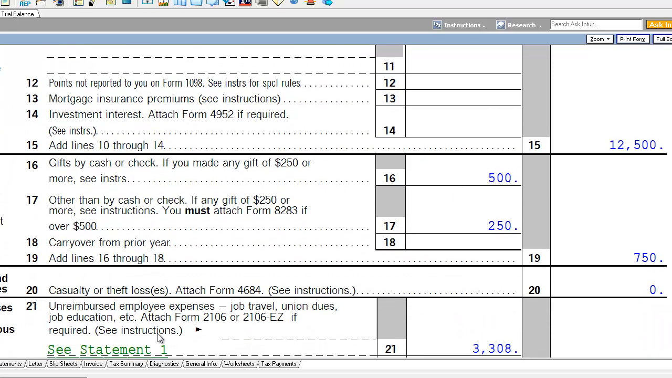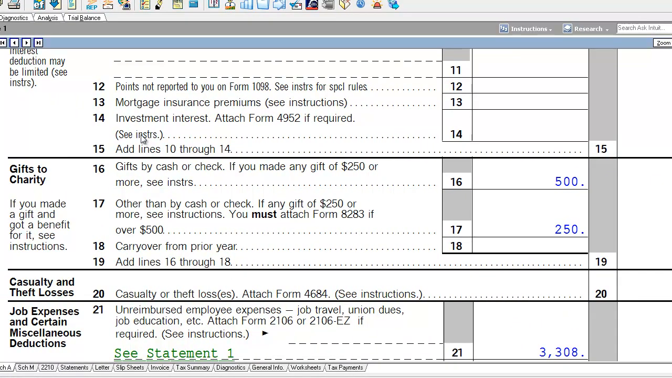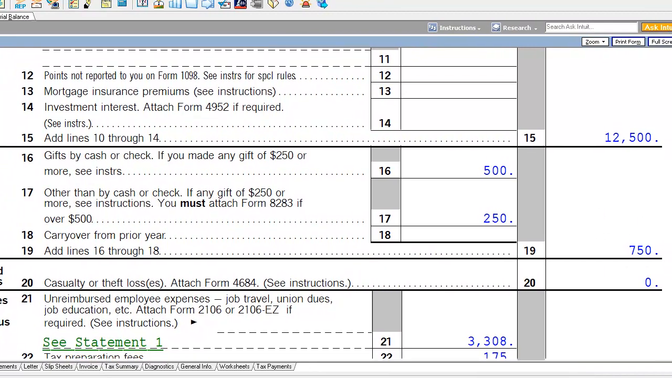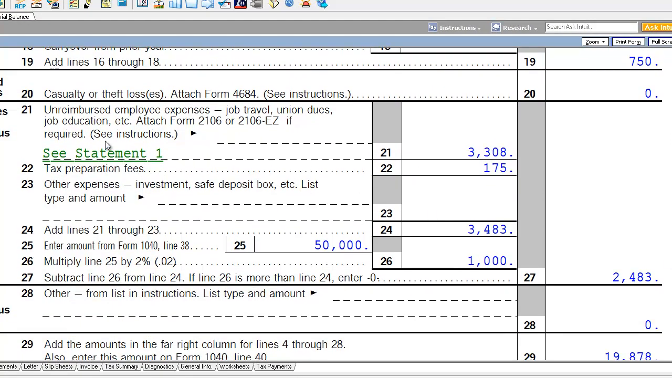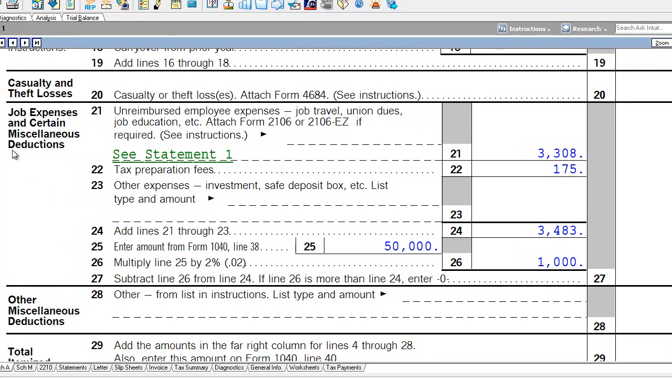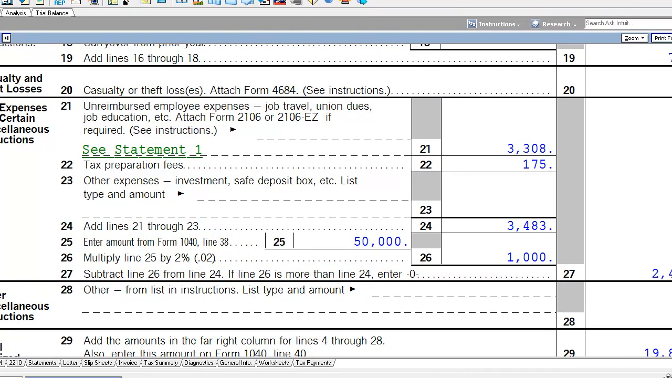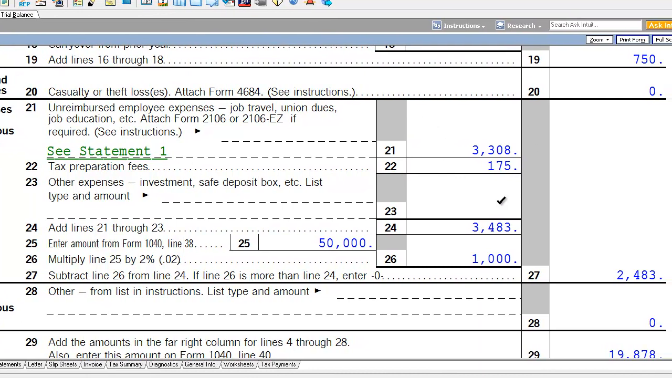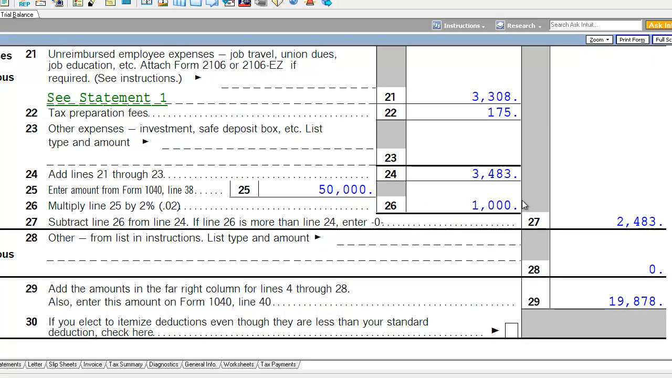And then we also have the gifts to charity. Okay, gifts to charity section right here, and we had the $500, then the $250 from the non-cash donation for a total of $750. And then these are all the other expenses, okay, all the work-related expenses, all the miscellaneous and mainly job expenses that we talked about. Okay, so this is the total that we had for expenses, $3,483, but remember, it has to be reduced by that 2% floor, and so the actual deduction included on Schedule A will be